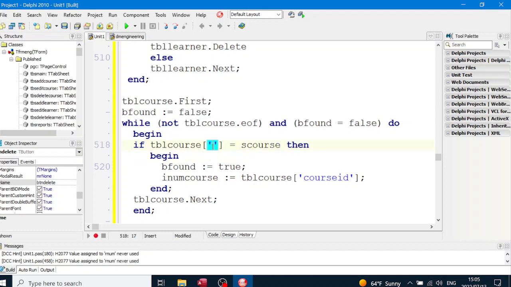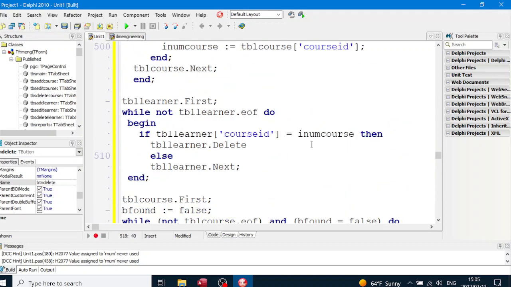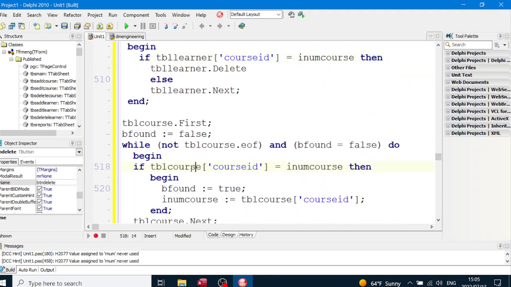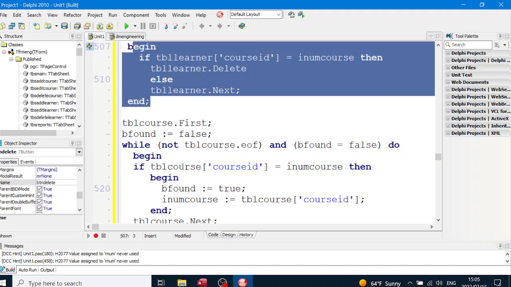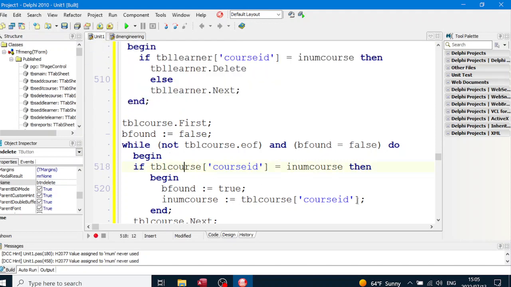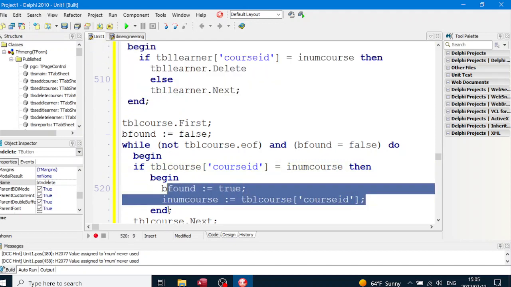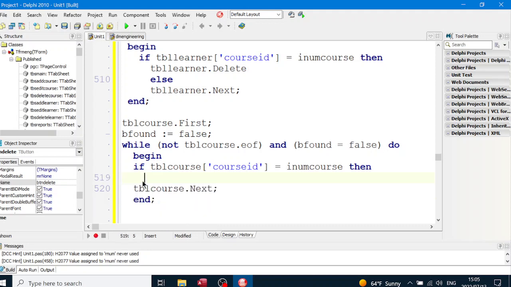Okay, it's actually course ID in the table, and it's called inum course in this button click event. I think I called it inum course. There I did. And we are dealing with TBL course now. So remember, that's the learner table now. This is the course table that we're going to delete it. And if it is, then we're going to delete it. And we're only deleting one thing, TBL course